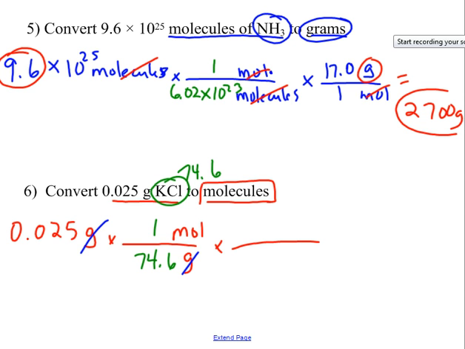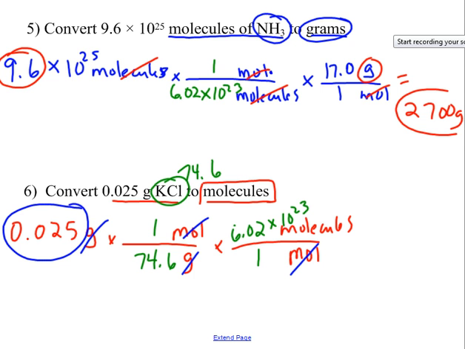So you set up a second fraction. We're going to put the unit of moles in the denominator, so it'll cancel, and the unit of molecules in the numerator. Remember, the numbers that go into these fractions, it's always 1 mole is equal to some number. In this case, 6.02 times 10 to the 23 molecules. Moles will cancel out with each other, so our final unit will be molecules. And we should round it to a total of 2 significant figures, because that's what we started with. And if this is done correctly in your calculator,